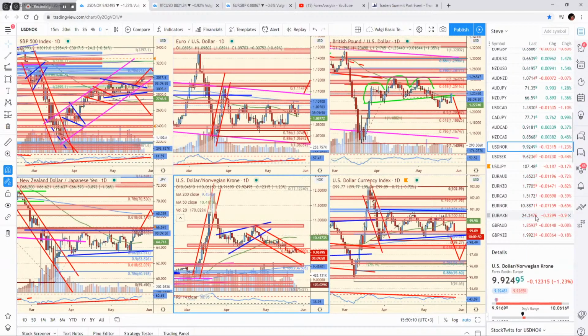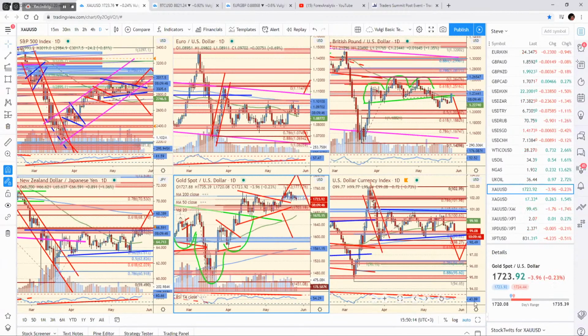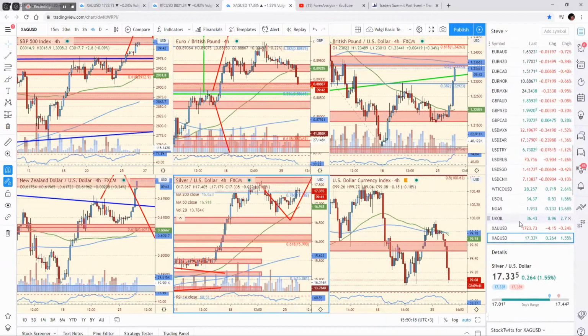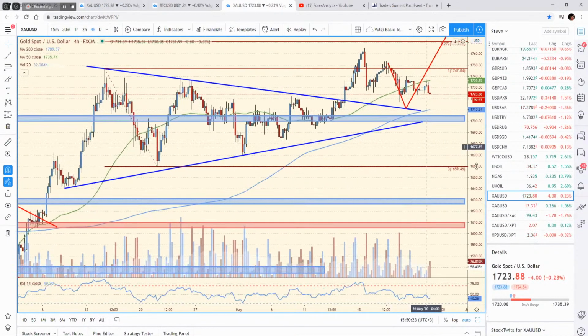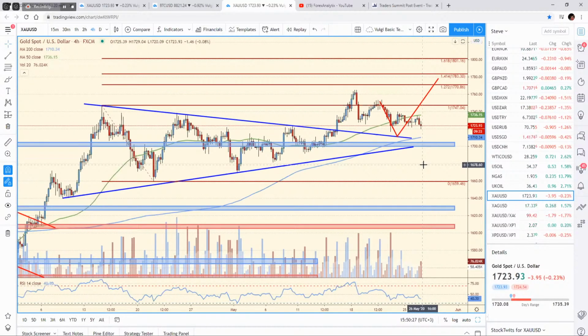Now, gold and silver. On gold, I want to go to the 4-hour chart specifically. So here's gold. Gold is not appreciating despite this dollar depreciation, but does this look anything else than a corrective move to you? Because it doesn't to me. I mean, on the 20th of May, this is what I predicted is going to happen here,